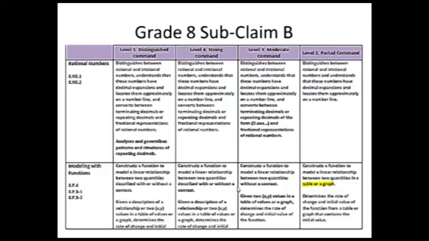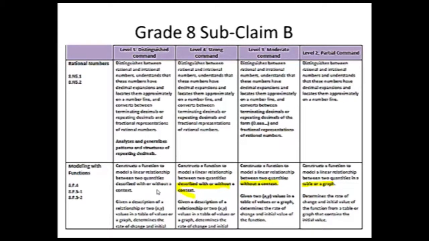Now I'm going to model it, create a function in a relationship without a context. So it's more of that abstract algebra situation. And then in level 4, I'm talking about with or without a context,